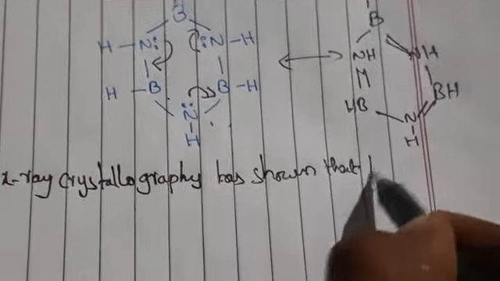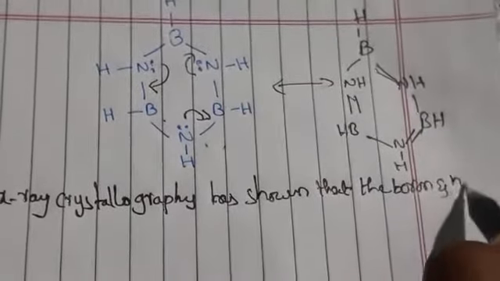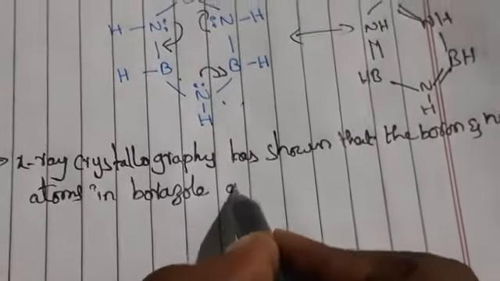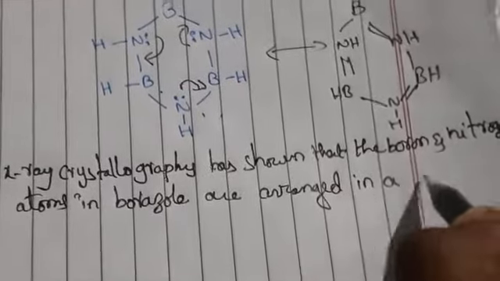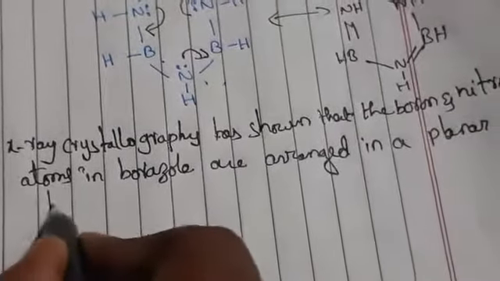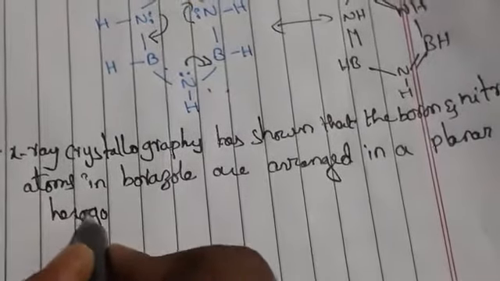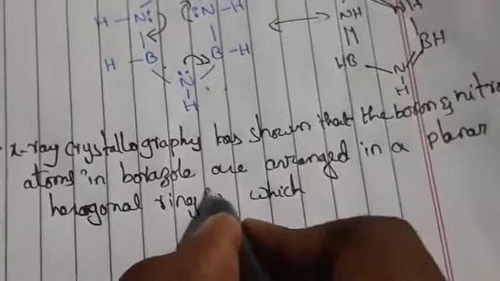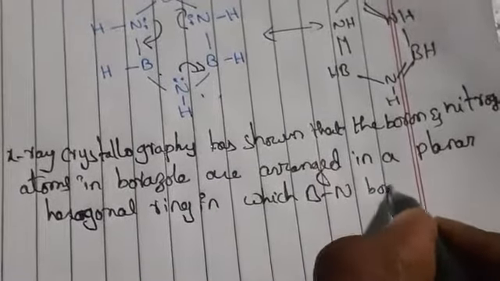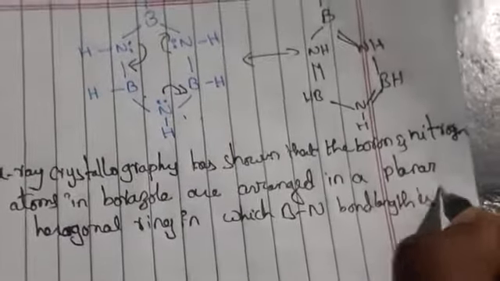it has shown that the boron and nitrogen atoms in Borazole are arranged in a planar hexagonal ring, we can say, in which the boron nitrogen bond length is 1.47 angstroms. Okay, so what the X-ray crystallography has revealed, if you see here, boron and nitrogen,